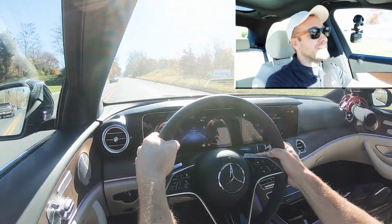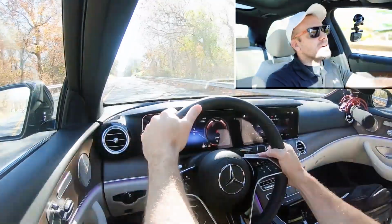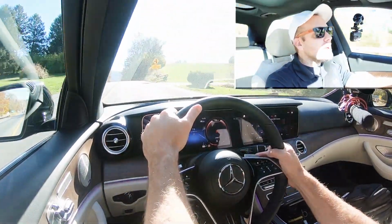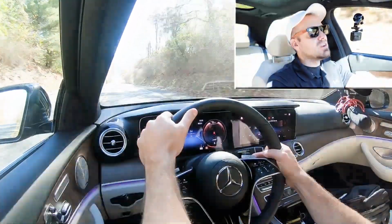Shoot, man, this thing is quick. I like it. I like it. That is plenty quick. That's not just good enough to merge you onto the highway, that's good enough to put a smile on your face when you hit the gas. That is an incredible acceleration. 0 to 60 in 6 seconds flat feels wonderful in the E350, and because we got the all-wheel drive configuration,